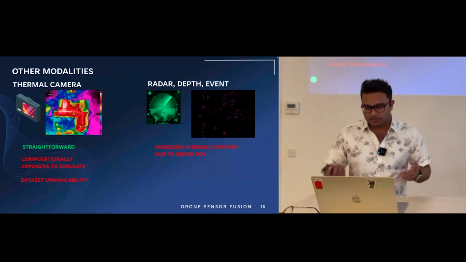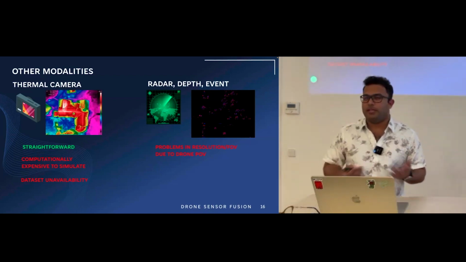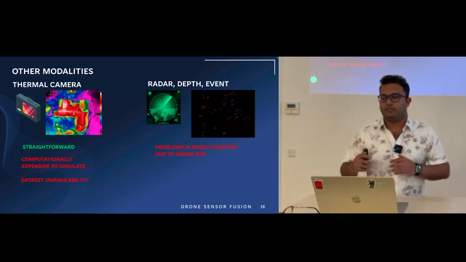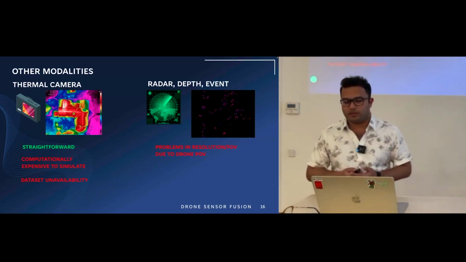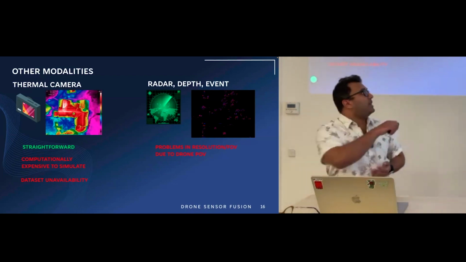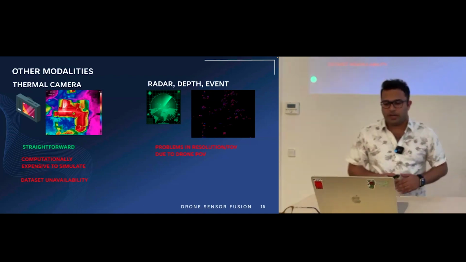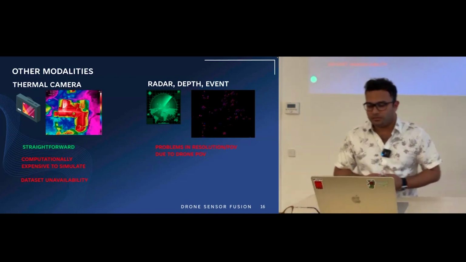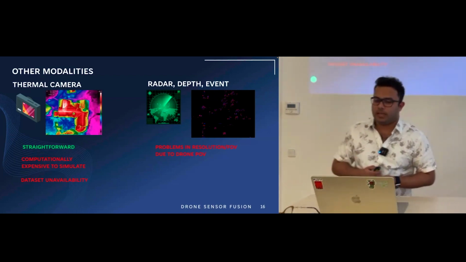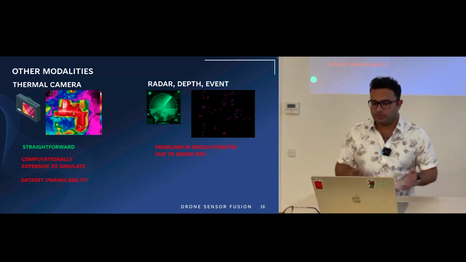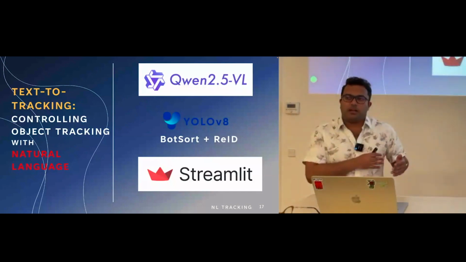I tried to look at other modalities, not LiDAR. Thermal would have been really easy if I had a thermal camera, but unfortunately it's very hard to simulate because you have heat signatures of many different elements in a city, so most simulators don't support it out of the box. With the other sensors, this point of view is really hard to work with since the altitude is very high and the resolution is really bad. There are techniques to overcome this, but I figured it's probably not possible within the time frame. So for the demo, I focused on showing something else: combining natural language